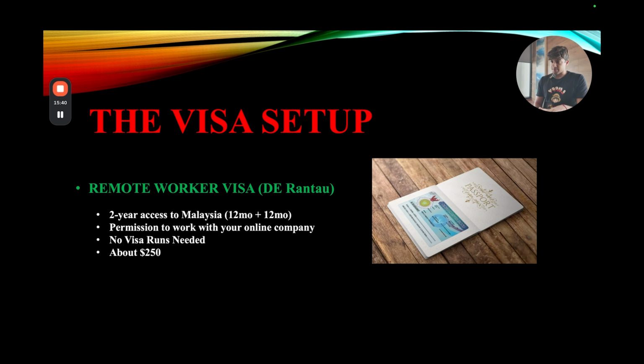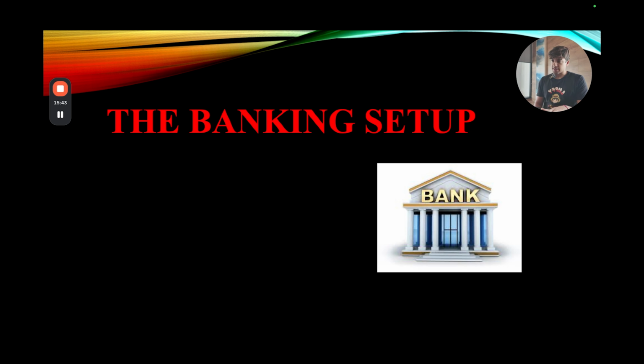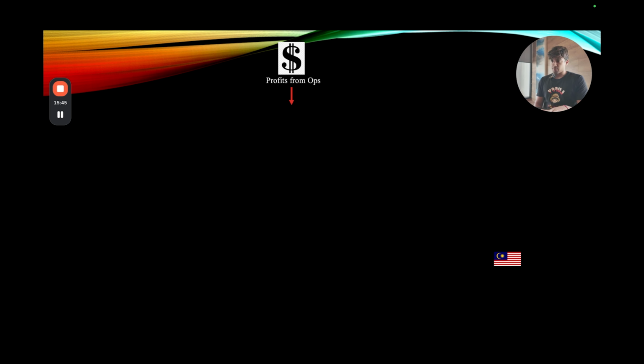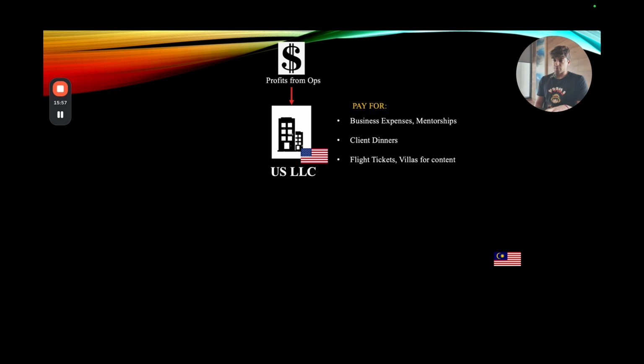And then the banking setup. So visa setup, remote worker visa, easy. Banking setup, how does it work? So profits from operation. I'll show you the 2.0 version of this. We have our LLC that makes money, revenue, and then we pay for business expenses, mentorships, client dinners, flight tickets. If you rent out a nice villa, like for content, we pay for all the business stuff through the business